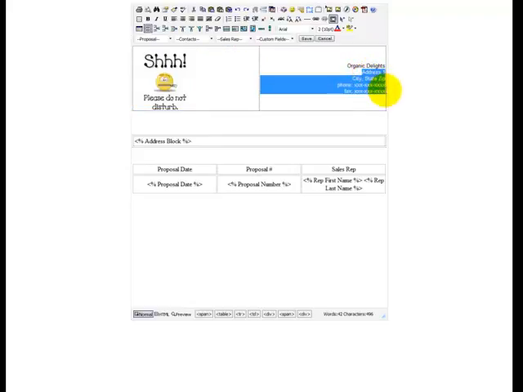So I'll highlight here and just delete Organic Delights 800, and then just for time purposes we'll enter some fake phone numbers here and so forth. So once you modify your return address for the proposal template, then you have the proposal date, proposal number, and sales rep. Along the top here, these 4 drop-down lists are insert or merge fields that you can insert into